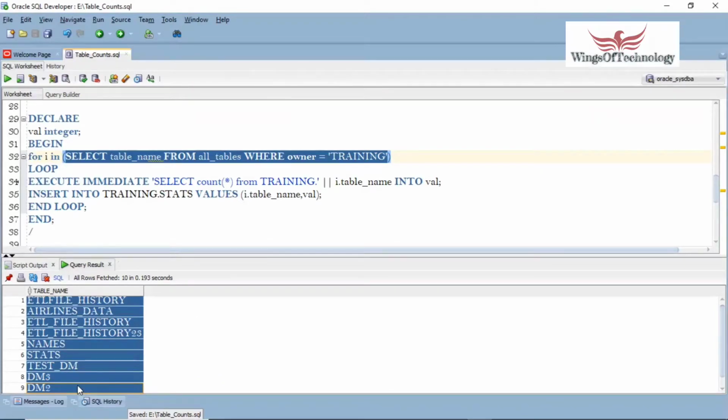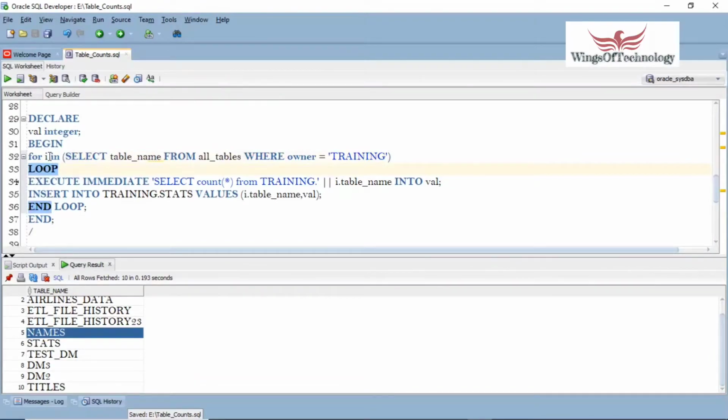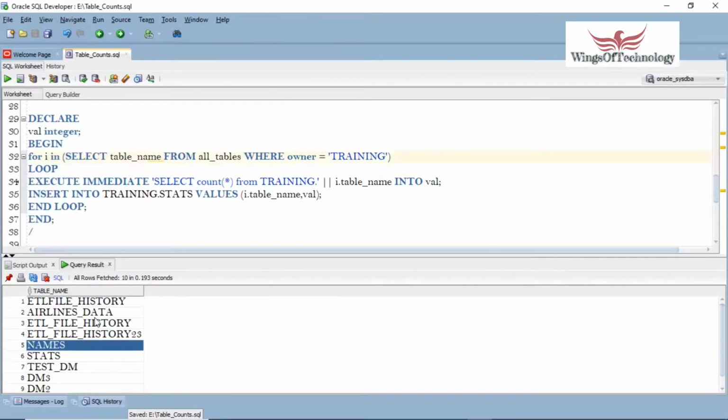So now we have 10 tables including names and stats. For the first loop, it will take the table name as etl file underscore history in the I, and that loop will continuously run for all these 10 tables.